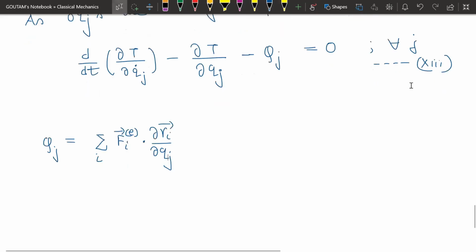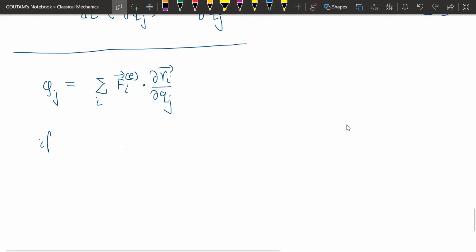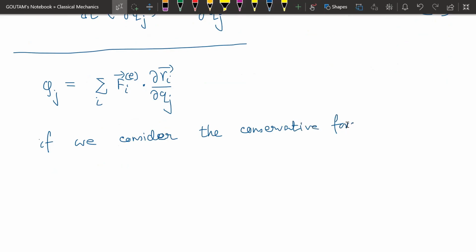Now, if we consider a conservative force field, that is, Fi external, which is basically